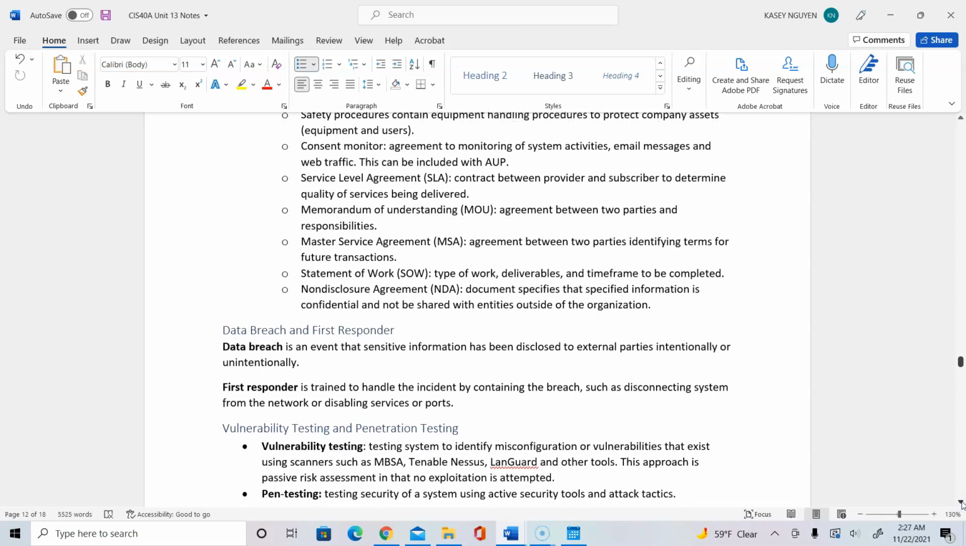agreed. So statement of work, you would normally find this with contractors, could be yourself, where it would state the deliverables, the time frame, and what type of work will be achieved. Non-disclosure agreement, a lot of companies, because you work with sensitive data, you would often be asked to sign an NDA, which requires that you keep the company proprietary information confidential and not share that with an entity that's outside of the